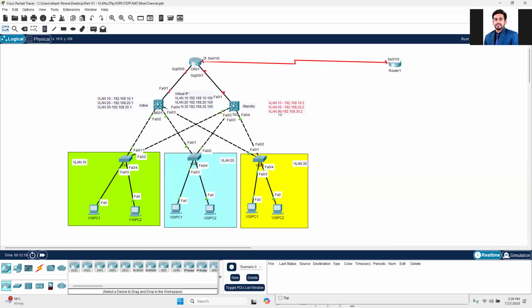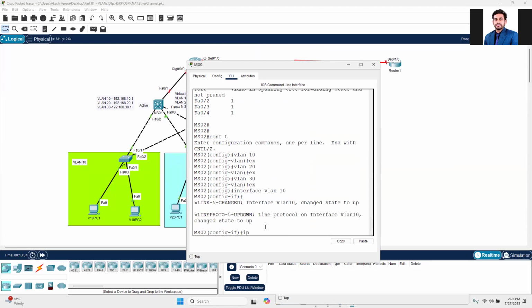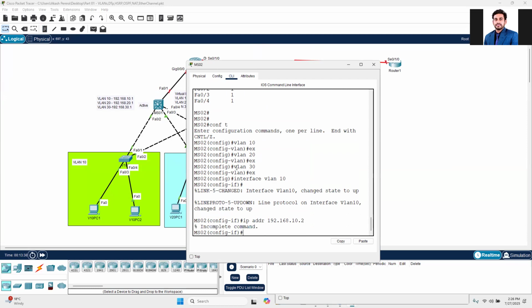Right. So this is for this one. Now let's configure the other side as well. I already created the 3 VLANs. Now I'm going to give the IP addresses. So interface VLAN 10, and the IP address is going to be 192.168.10.2. In the other side, it was 10.1. In this side, it is going to be 10.2. And I'm going to have to give the subnet mask, 255.255.255.0